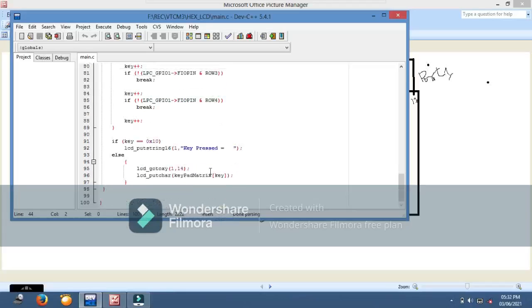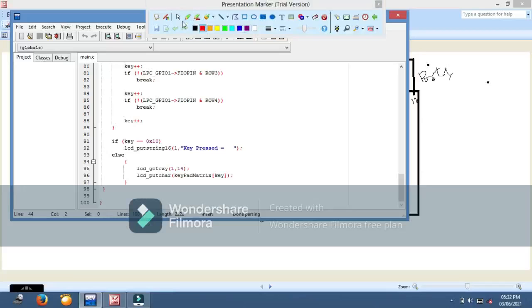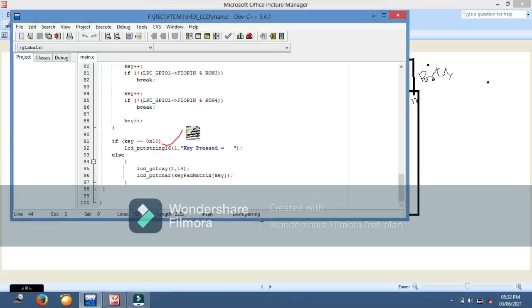When it comes out from the for loop, it will directly go here and check whether key is 10. Key is not 10, key is 7 now, and it will come here and execute this. In the LCD, it will go to the 14th column of the second row, and it will display keypad matrix of key. What is key here? The 7th one.